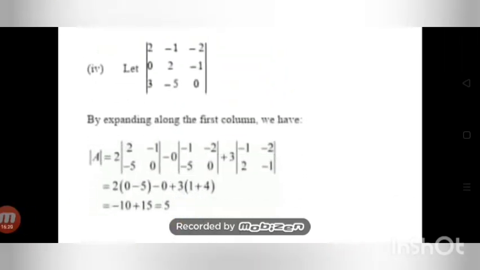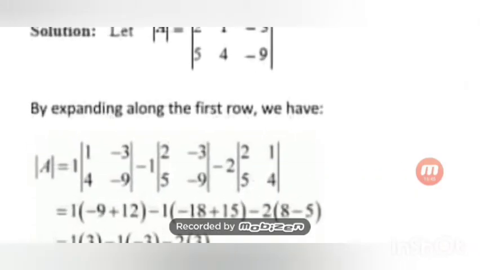Then in a similar way, this also I had done. So here you see I have explained in terms of the first column. So the first element is 2, deleting the row and the column, this determinant will be left. Minus, next is what? In terms of the first column, this is negative because of the position, then 0. Then deleting the row and the column, minus 1, minus 2, minus 5, 0 is left. And in a similar way we can find out by expanding in terms of the first row. You will have the same answer in all the cases.